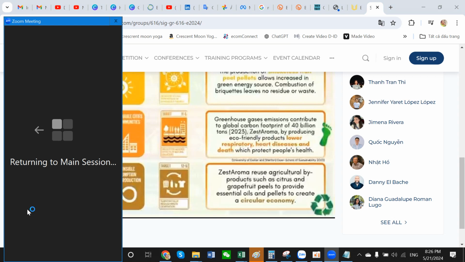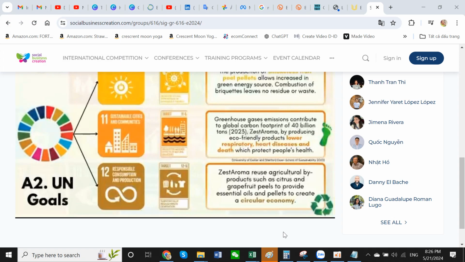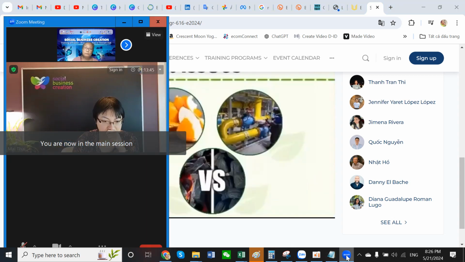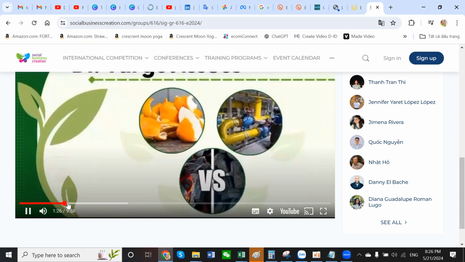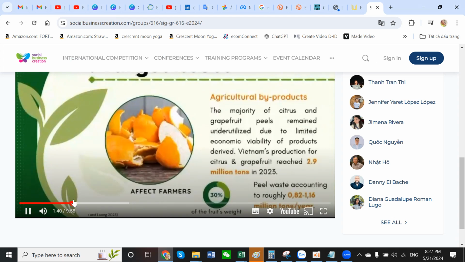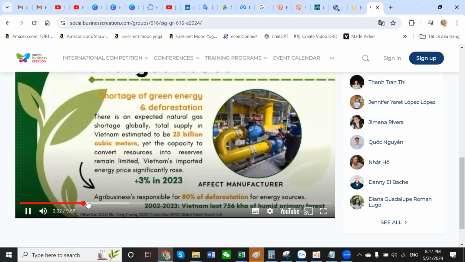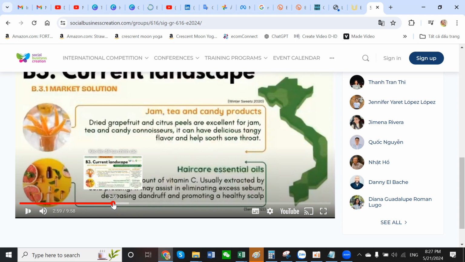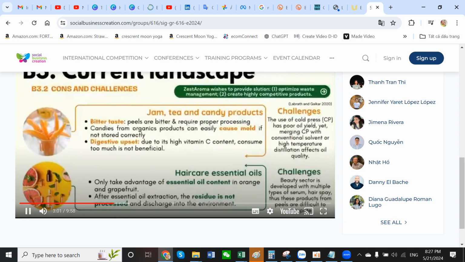People's health. Target 12.5: substantially reduce waste generation. Zestaroma reuses agricultural byproducts such as citrus and grapefruit peels to provide essential oils and briquettes to create a circular economy. There are three main target actions which we consider to go to waste, which directly affects the farmers. First, we need new green energy sources to tackle the problem. Mechanisms for reusing and encouraging. In the current landscape of the market, we found existing for having challenges in storage and